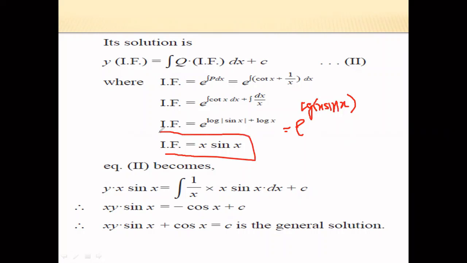Now substitute this if and q in the given equation 2, so we get y into if means x into sin x, ये जो हमने फाइंड किया. इंटीग्रल q का वैल्यू कितना था आपका 1 by x, ने यहाँ पे पुट किया हमने, इनटू if का वैल्यू कितना x into sin x dx plus c. तो यहाँ से ये x हो जाता है आपका कैंसल. जैसे कैंसिल हुआ तो आपको सिंपली मिलता sin x. sin x का इंटीग्रेशन क्या होता है, माइनस cos x.